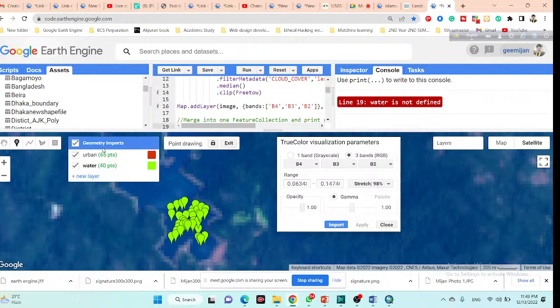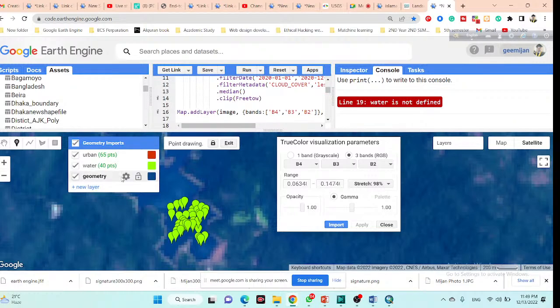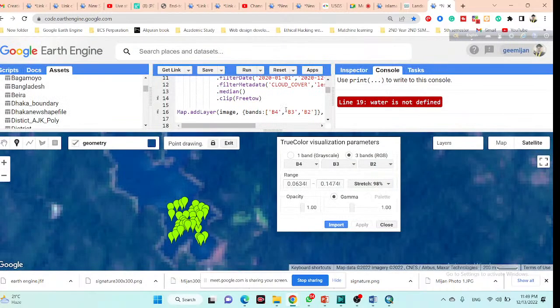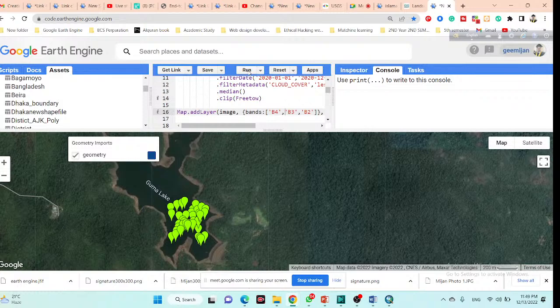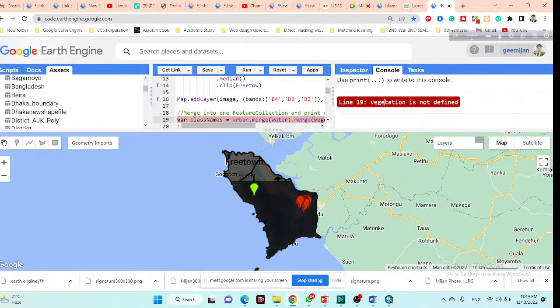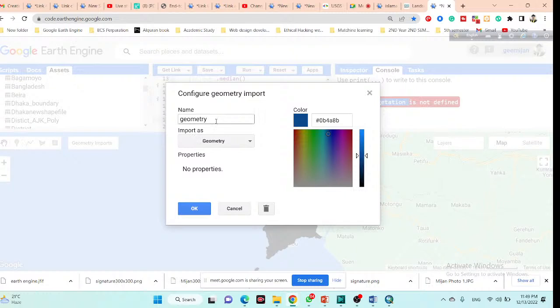After taking the water body, I simply click on the new layer. After the urban water, this time I take the vegetation. So you can see when you run the code, it's showing vegetation is not defined. So I simply copy this name, vegetation, then click in here and use the vegetation here. Then simply use the feature class,